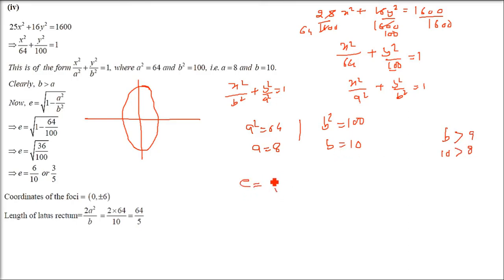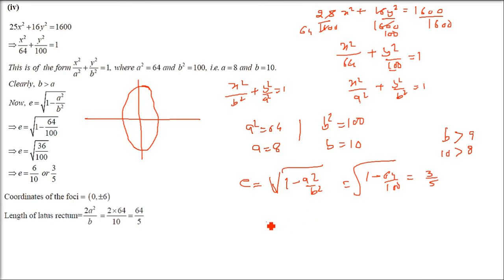So the eccentricity here is, if you used the other convention, it would be square root of 1 minus b square by a square only. But the convention we have not changed. So that is why we will just change the internal stuff. That is, we will change it as 1 minus a square by b square rather than 1 minus b square by a square. So under root 1 minus a square by b square, this will be 1 minus 64 by 100. That is going to give you 3 by 5.